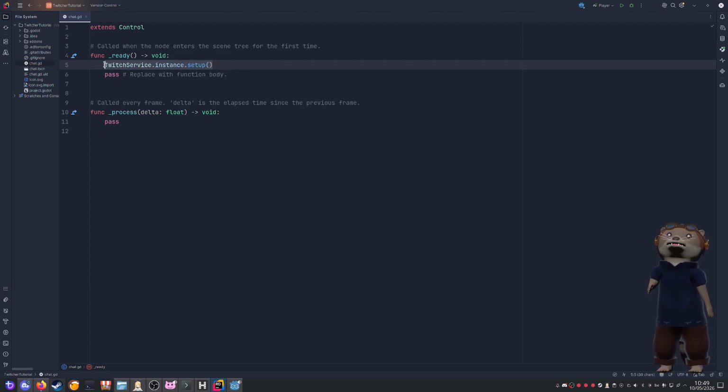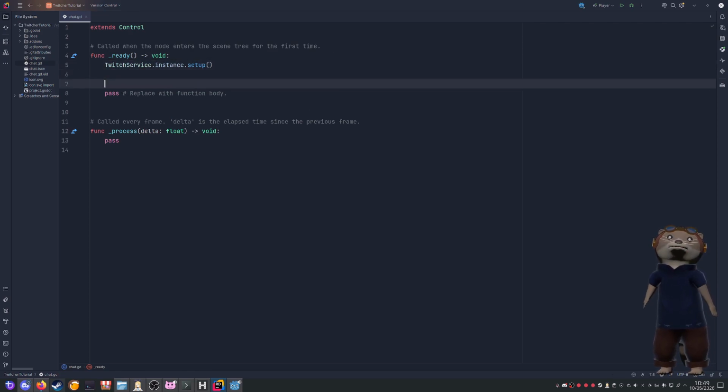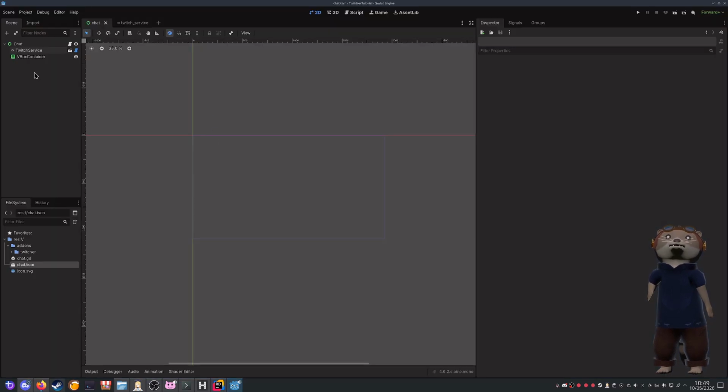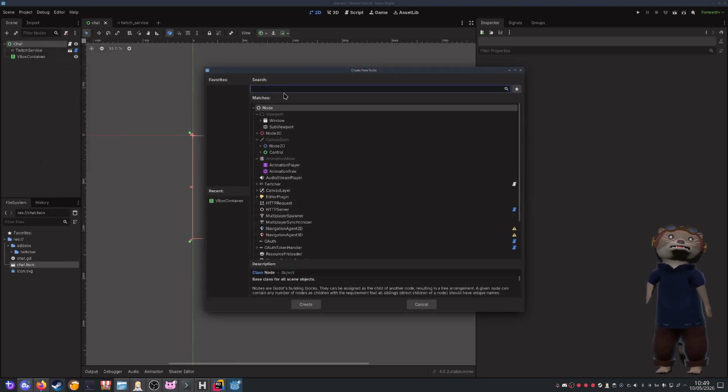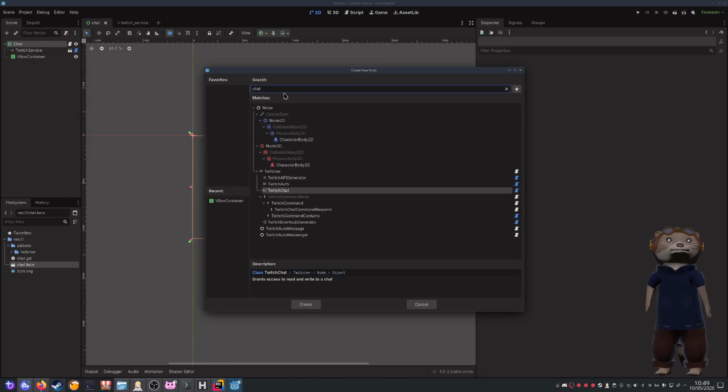What this will do is start the authentication flow for you if required. If you're already logged in, it doesn't need to. It's going to start the authentication flow and then set up everything for you. After we've done that, the next thing we want to do is listen to events for chat messages. There's multiple ways you can do this, but the easiest way would be